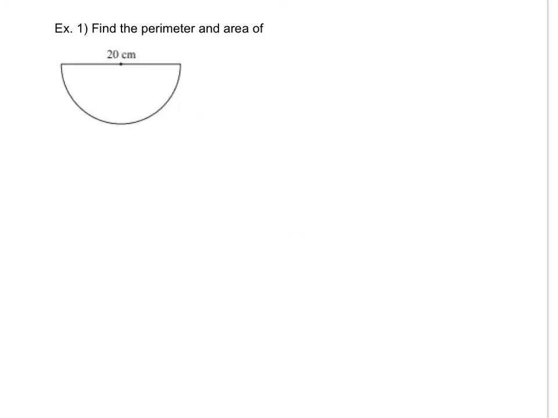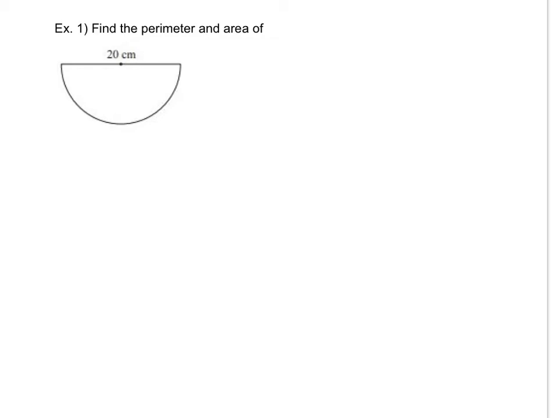Okay, so in this one, you want to find the perimeter and area of this shape. So what have we got here? We've got a half a circle. And you can see that the diameter is 20, because 20 is the whole way across. So what we have to do to find the perimeter of this, first of all, if you do this piece here,